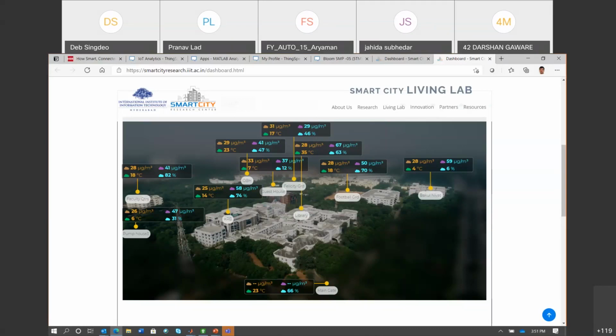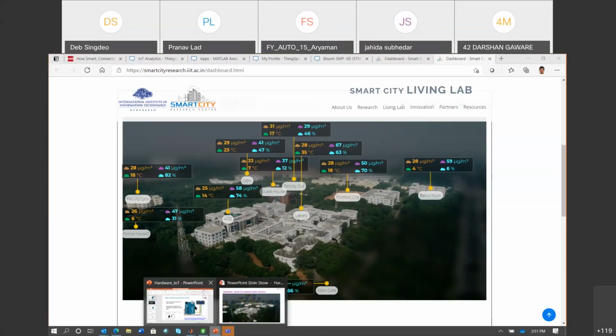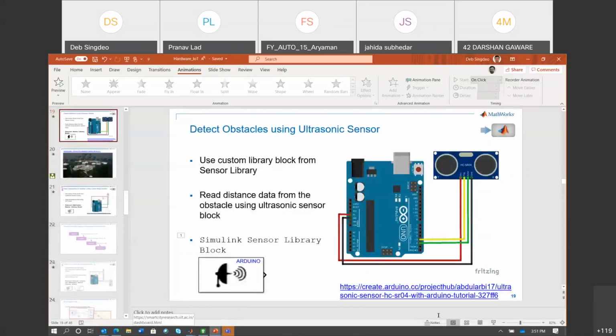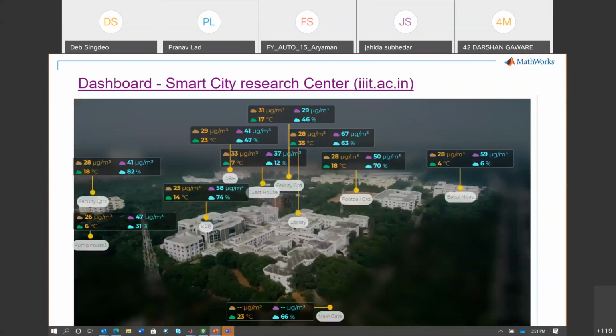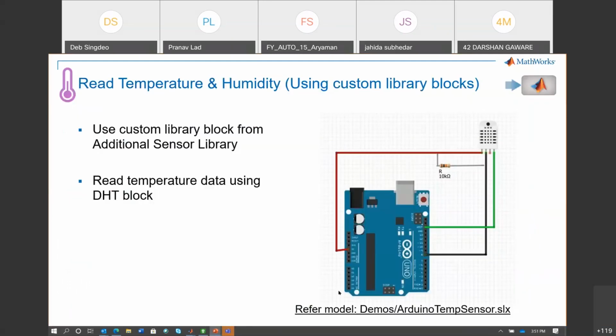So let's look at an example in terms of a demo. How will I start? I will start off with a very simple sensor, a DHT sensor. In case of hardware, it's a sensor that can give you temperature and humidity values.